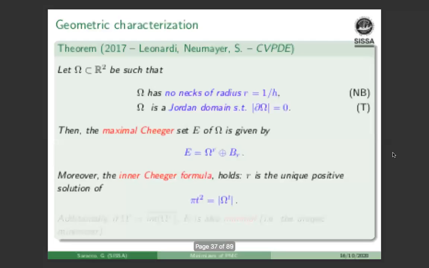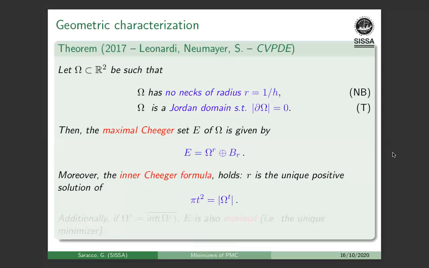And again, you have the inner Cheeger formula. So the constant is the inverse of the unique positive solution of this equation. Now, one thing I would like to remark is that before I told you that for convex sets and strips, the unique Cheeger set is given by this guy. Now, when you pass to this more general situation, uniqueness is no more ensured, but the formula, this geometric